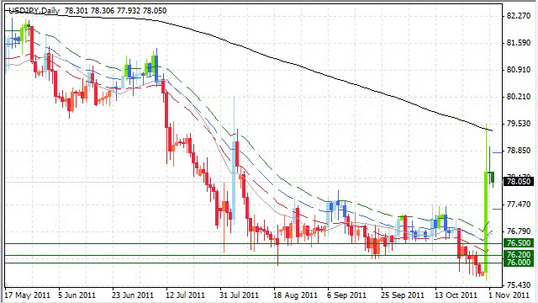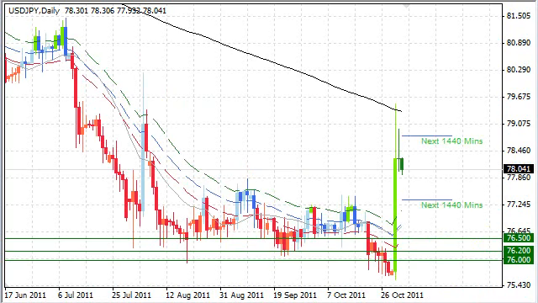So now that we've discussed the entry that was based primarily upon the BOJ intervening, the expectation that we would see the BOJ intervene, and then also couple that with that 76 major psychological level, let's talk about the management here. Now, I think we have to discuss the fact that this was set up on the daily chart. That's the first thing I think we have to make part of the conversation.